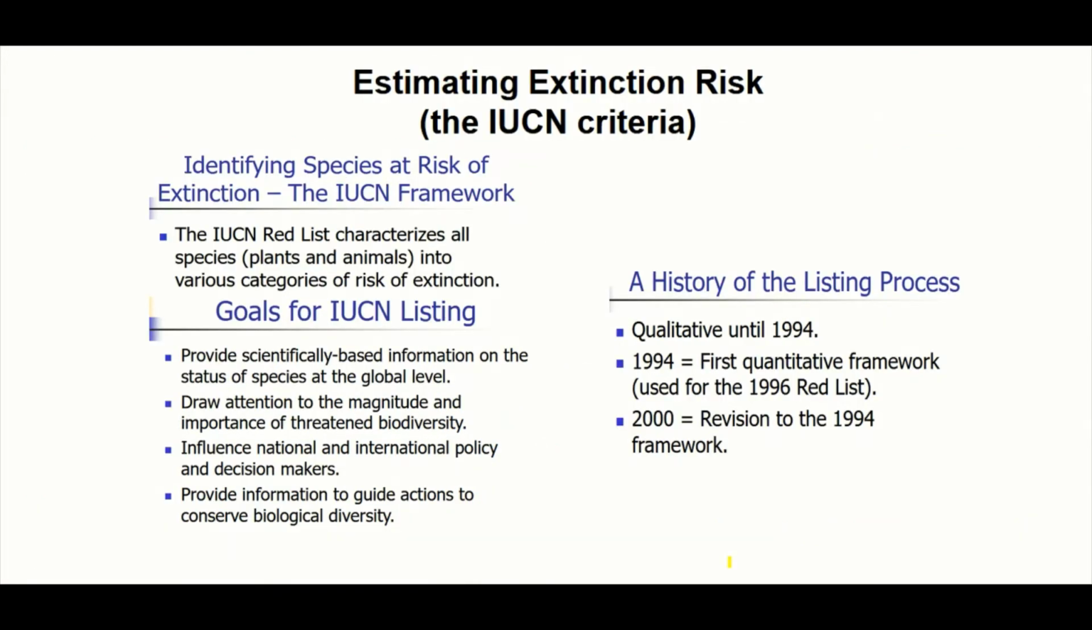So this is the criteria which is used for estimating extinction risk. The International Union for Conservation of Nature Red List characterizes all species, that is plants and animals, into various categories of risk of extinction. The goals of this listing is to provide scientifically based information on the status, which we are calling the conservation status at a global level, and then to draw attention to the magnitude and importance of threatened biodiversity,